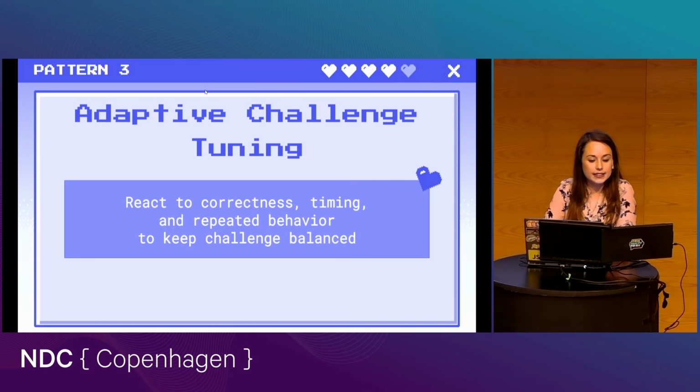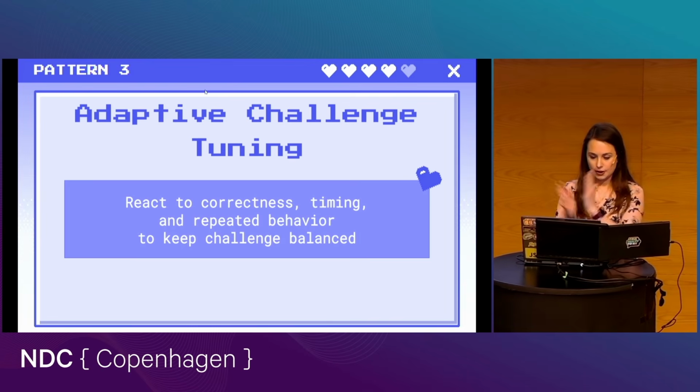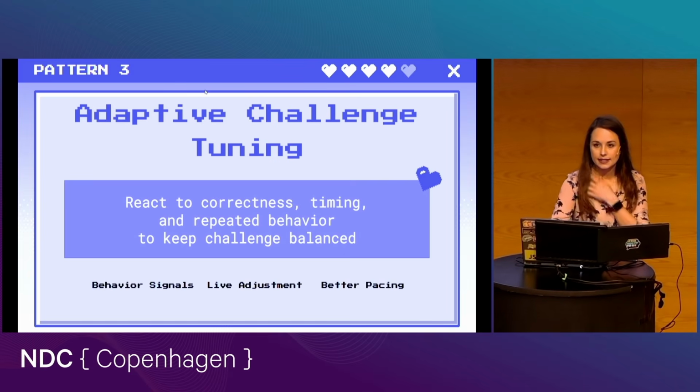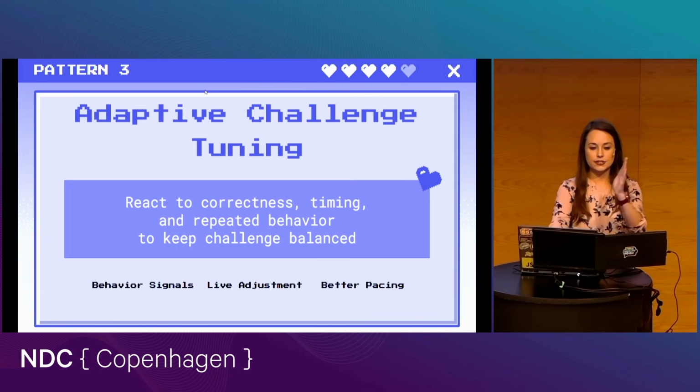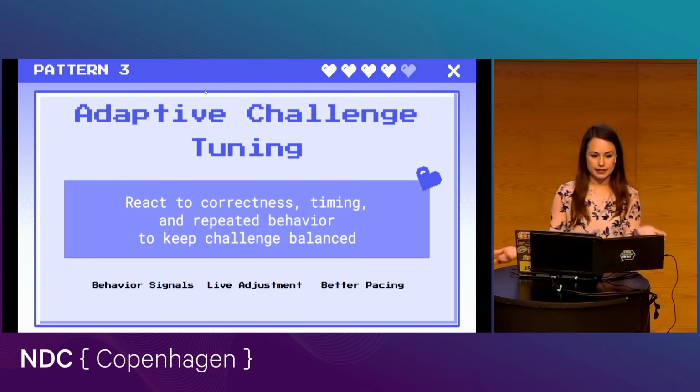It's going to listen for how the user is working through a problem and determine, hey, maybe we should make this a little harder, a little bit easier. So first, it has to notice the behavior, then it has to adjust the experience, and then what the user feels is better pacing from there.